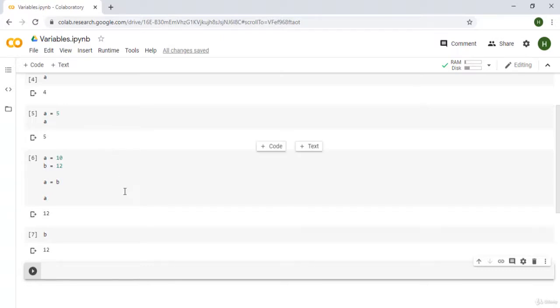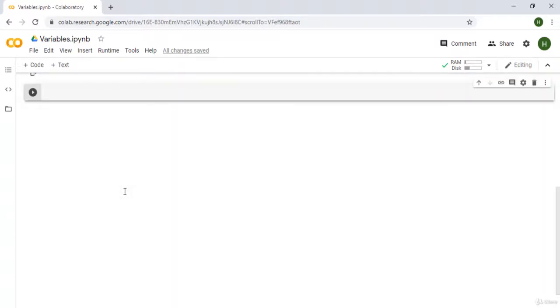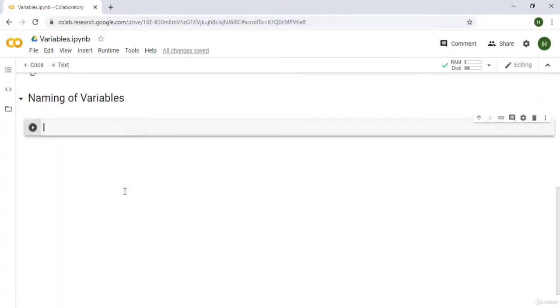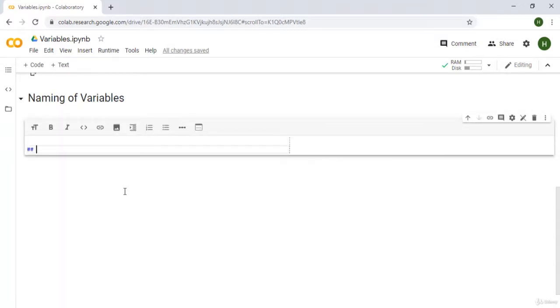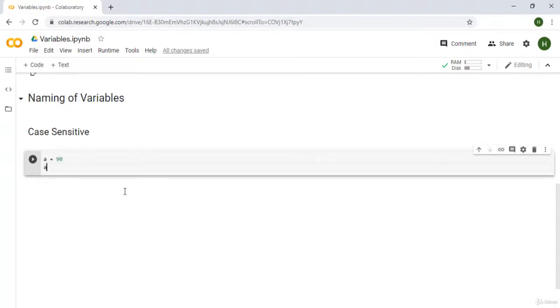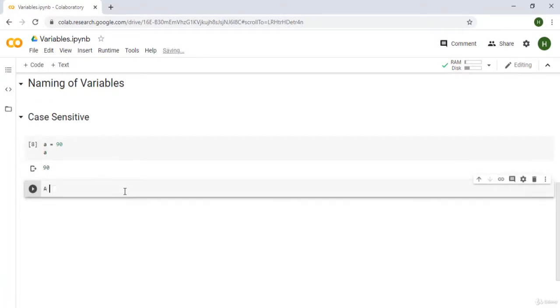Coming to the concept of variables, there are different ways we can name our variables. So how do we name our variables? Obviously we can name them with characters, as you just saw, but there are certain rules we need to follow. The first rule is that variables are case sensitive. What I mean by case sensitive is that when a is equal to 90 and I print out a, and then capital A is equal to 100,